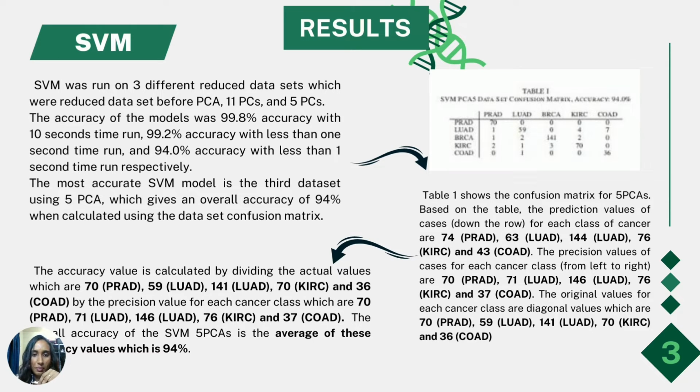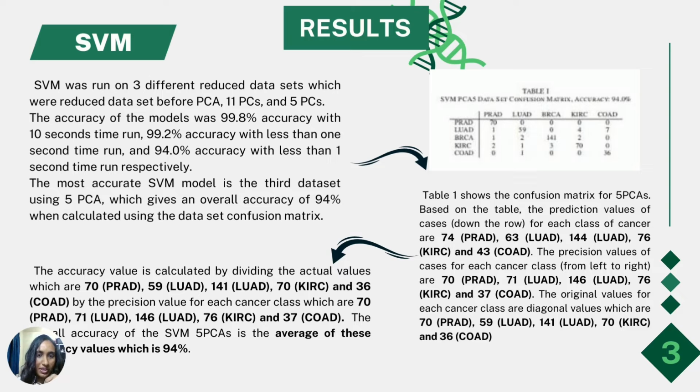As shown here in Table 1, the confusion matrix for 5 PCAs is shown. The prediction values are shown according to the row, and also the precision values for each cancer class are shown from left to right, and the original values are shown in the diagonal. So when the accuracy value was calculated, the highest accuracy was shown for the SVM 5 PCA with the average